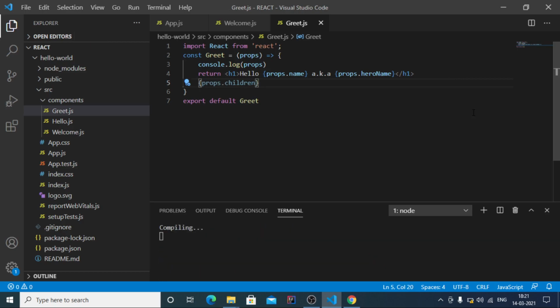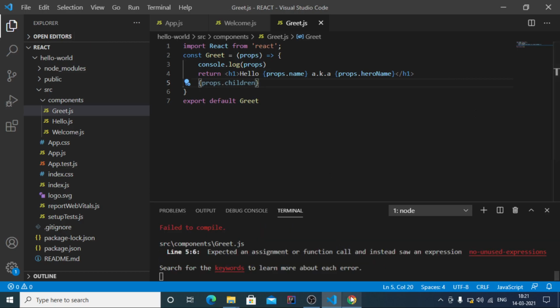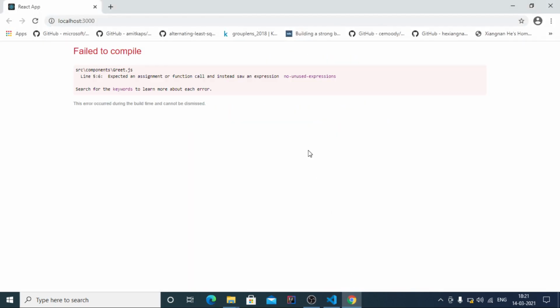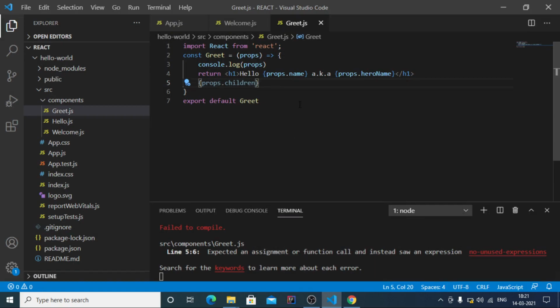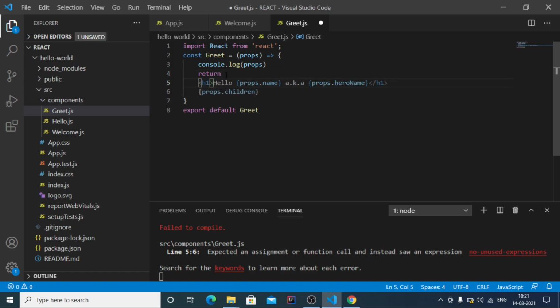We save this file and we see an error and our code breaks because our greet component can return only one wrapper HTML tag.